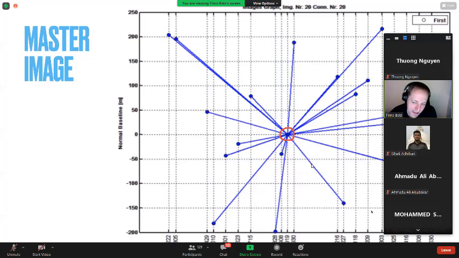That master image, so we have basically that gives us the minimum number of